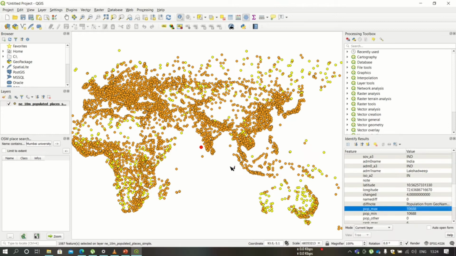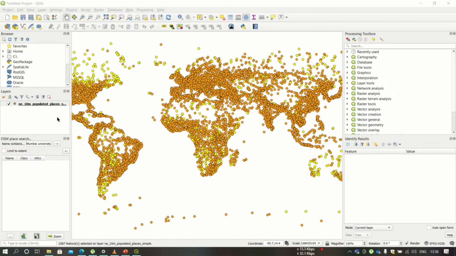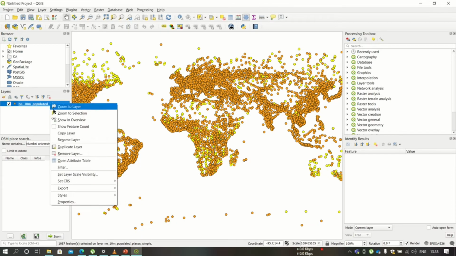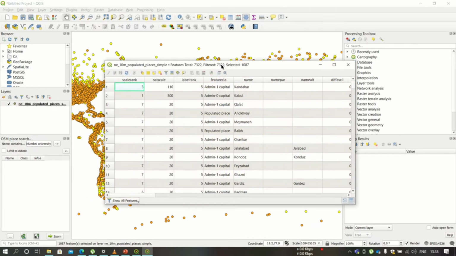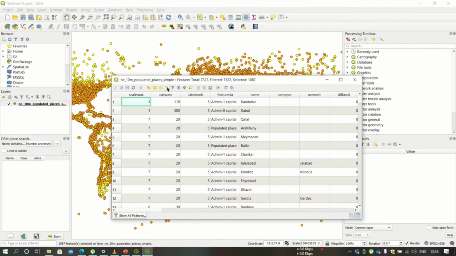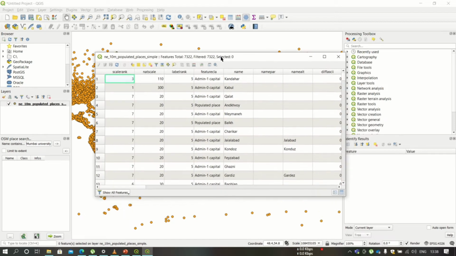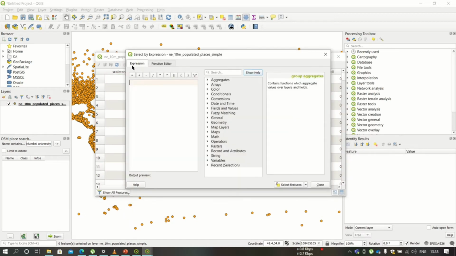Several such different queries can be performed using the data set. Let us try some other query. To do so, just again right click on the layer and go to open attribute table. So first of all you can remove the selection by clicking here. So now the highlighted feature has gone. Let us create a new expression.